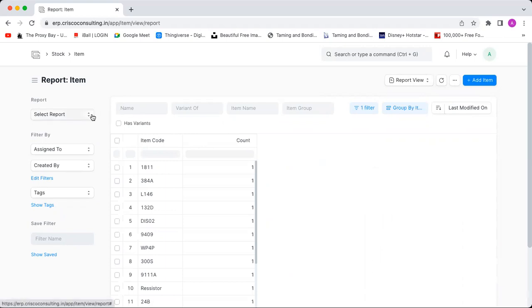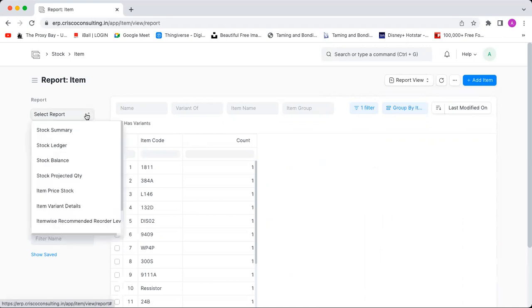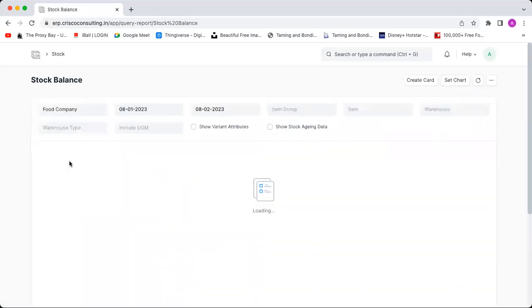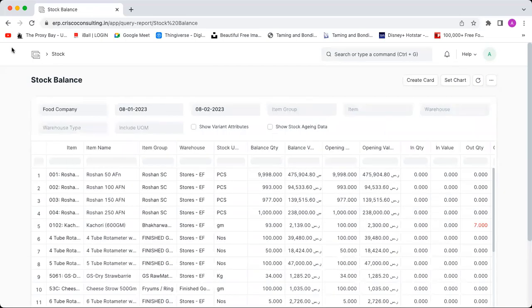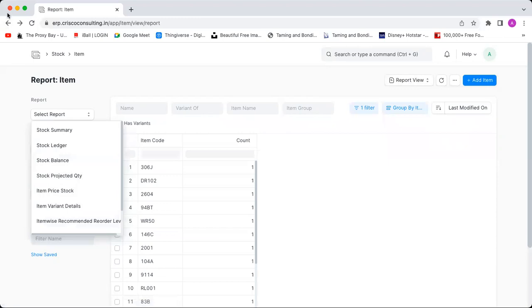So any report that is connected to the items doc type will show up in the select reports tab. So when I click down, you can see all the reports that are connected to the item doc type. Here you can see the stock balance report as well. Jumping back to the masters,